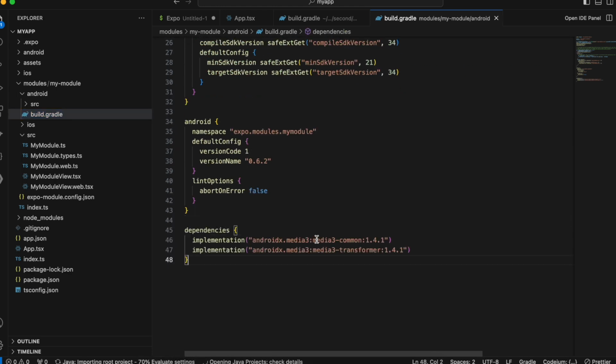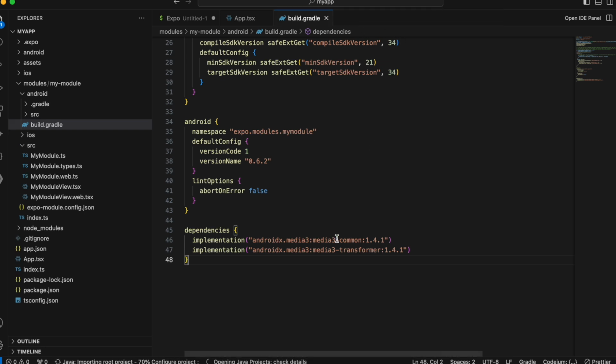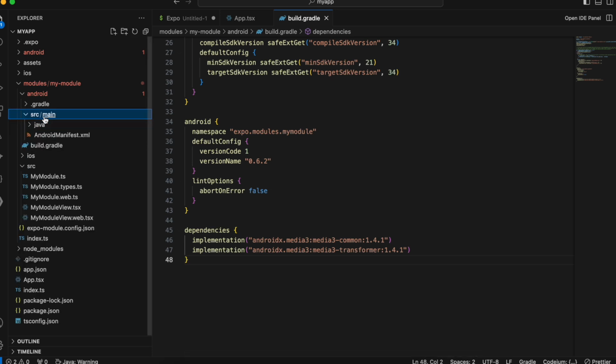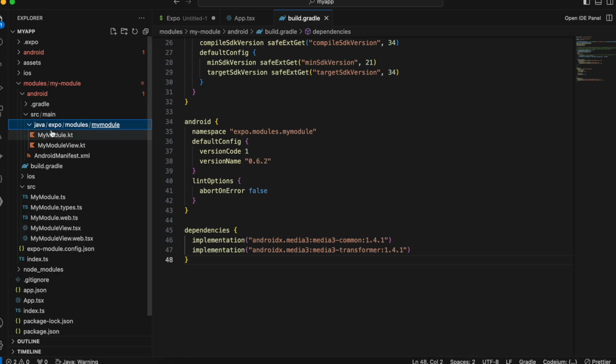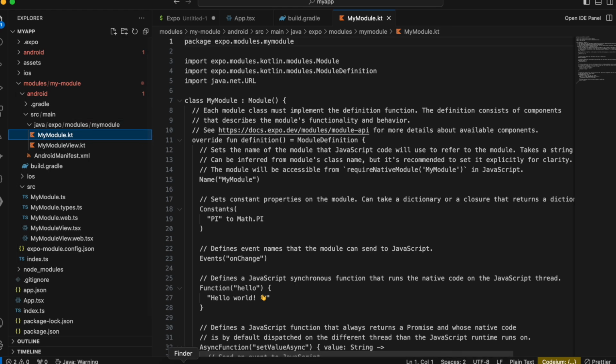So basically we are including these two dependencies. This will help us to transform the video. These two dependencies are very important. These are the Media3 transformer dependencies. Then go to src, java, my module.kt, and firstly